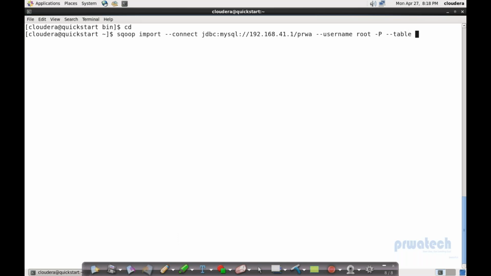Hyphen table is equal to my table name. What is my table name? Dim customer. Then where I want to write this, I need a target directory. Now Scoop uses two things by default,